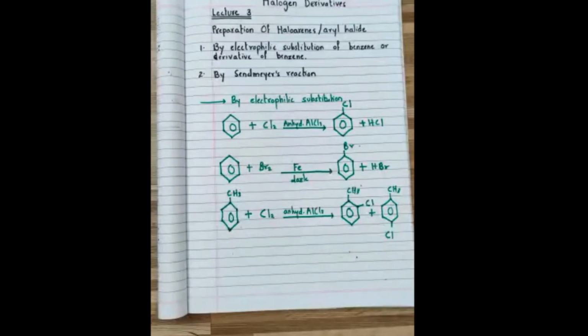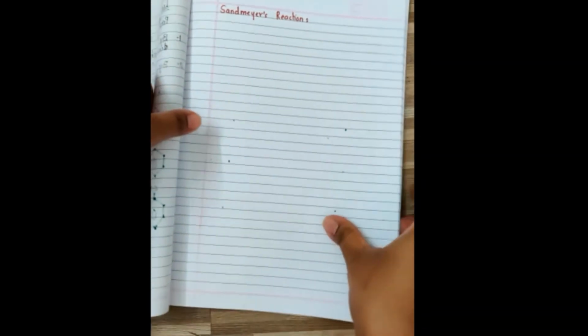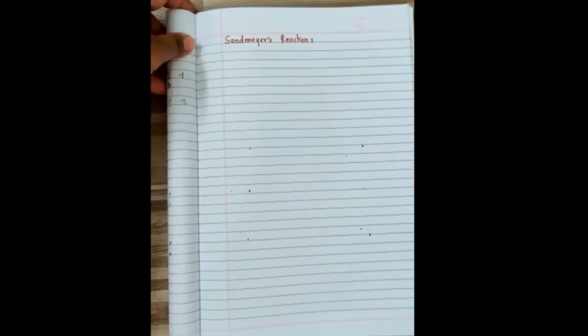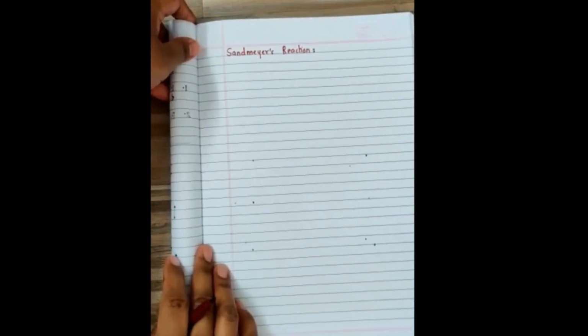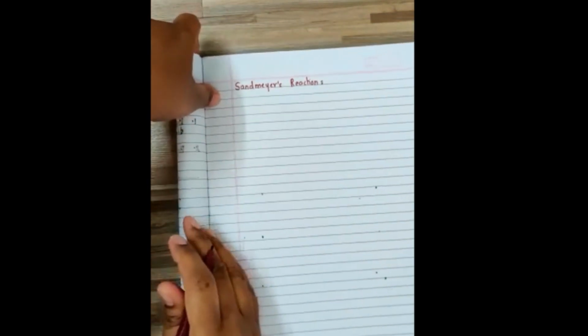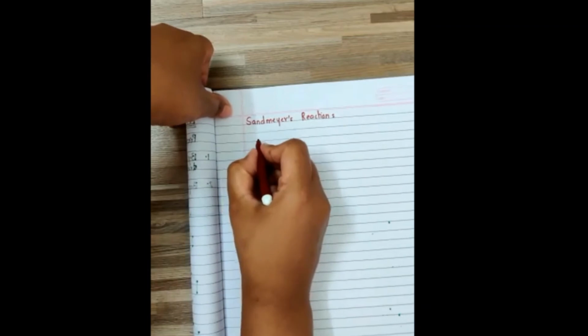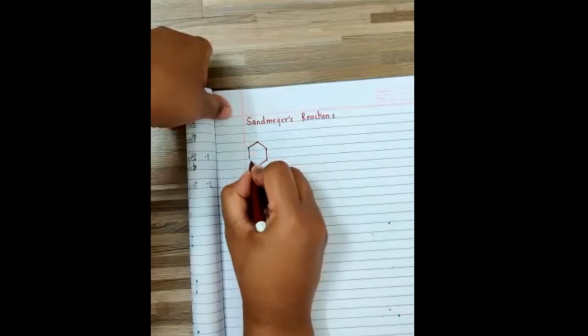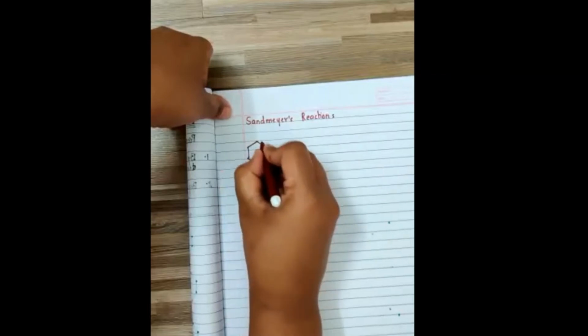Now let's move to the next reaction, which is our Sandmeyer reaction for preparing the aryl halides. In this reaction, benzene diazonium salts are mixed with the chloride or bromide cuprous salt, that is salt of copper with chlorine or bromine. Now we require benzene diazonium salt. How do we make benzene diazonium salt? We make it by treating aniline